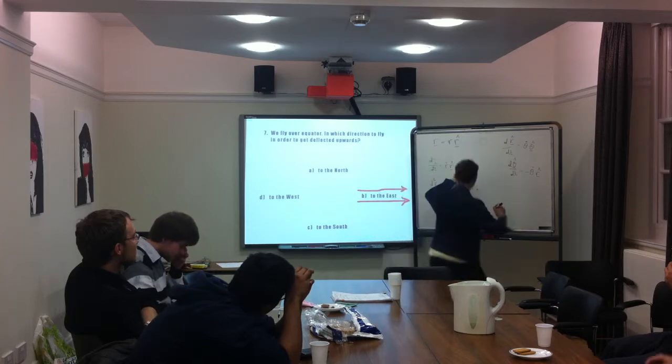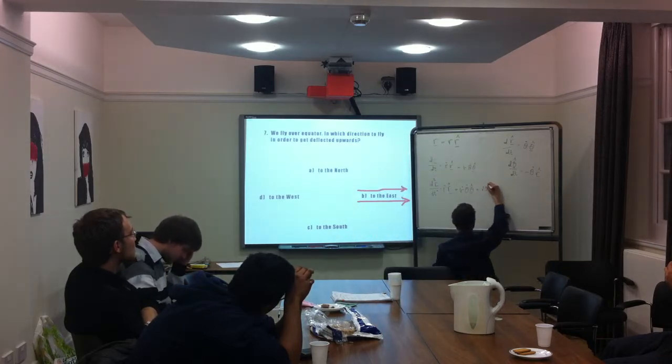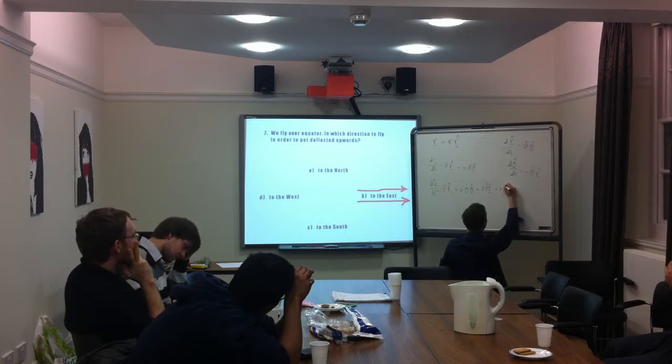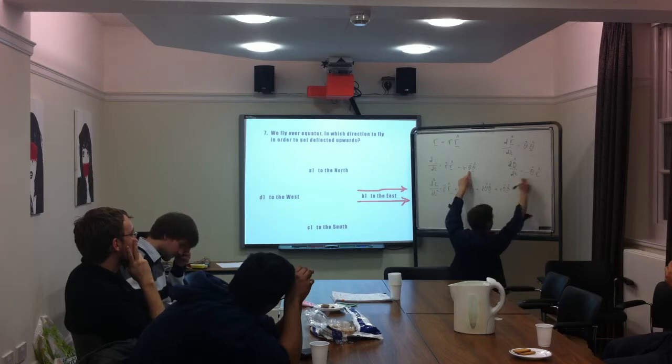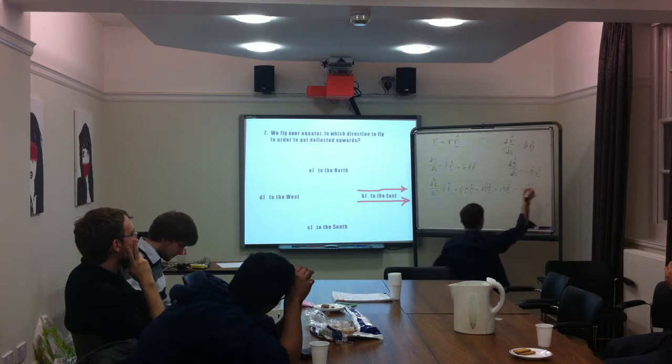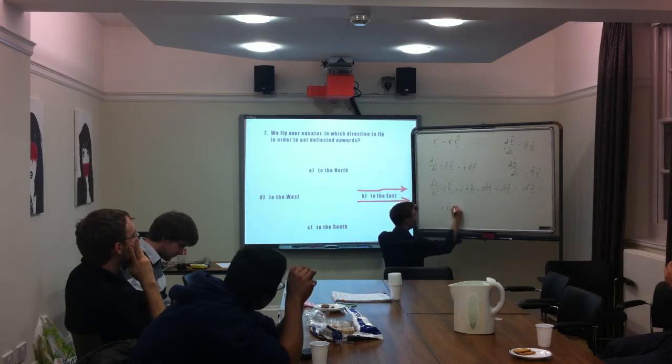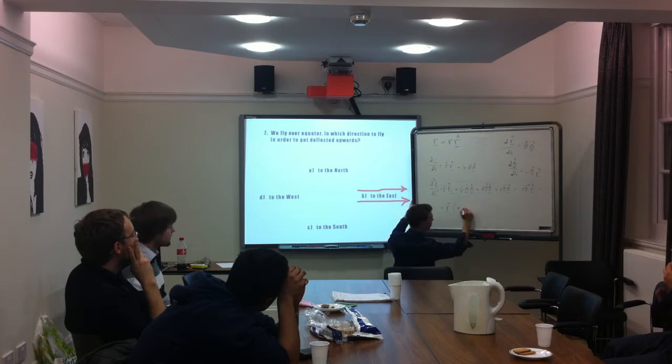So it's got r dot theta dot theta hat, r theta double dot theta hat, and there is r theta dot times this, so it's minus r theta dot squared r hat. And if I clean this up, in the radial direction I would get r double dot minus r theta dot squared. And in the angular direction,